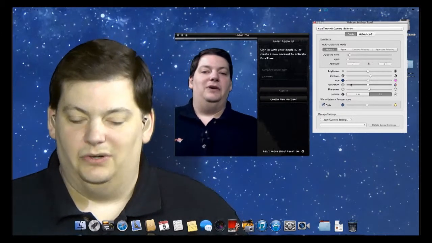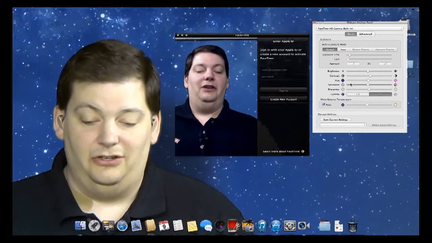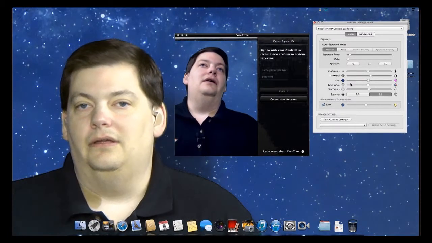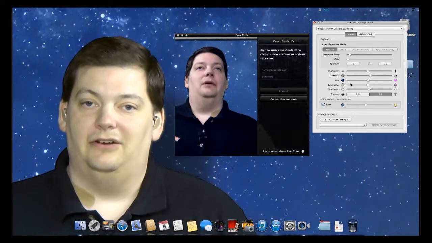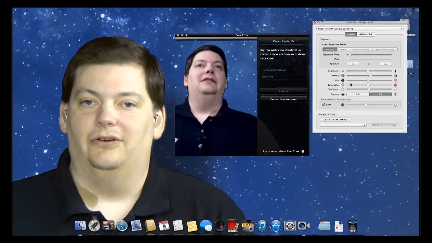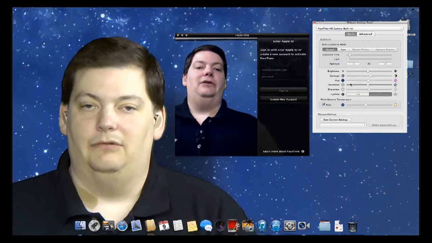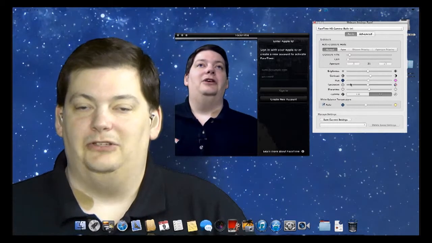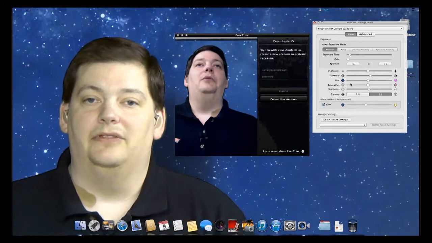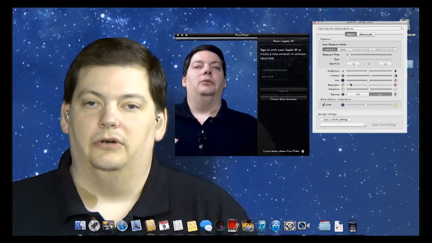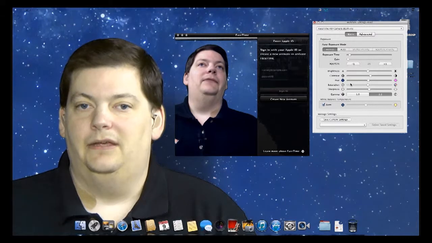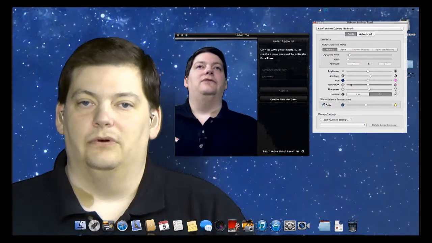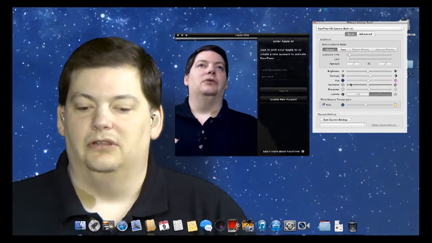So if you're in a situation where it's just not the best situation for the camera, it's a good camera, don't get me wrong, but it's one of those things where, can it be tweaked some? And there's nothing built into the Apple to actually do that itself. So yes, it can be tweaked by downloading Webcam Settings from the App Store, and it's only a couple bucks. So it's a great little utility to have, especially if you do a lot of communicating with family and things via your computer, via Skype or FaceTime. So we'll talk about Skype and FaceTime more in the future. I only used FaceTime today just for showing you what the changes were in the videos.